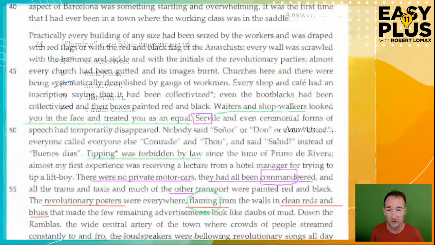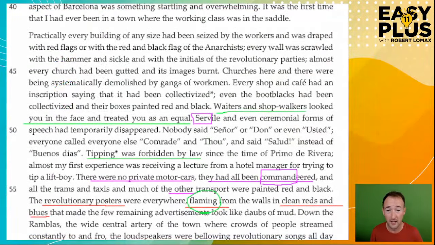And we can see that clearly here because in fact it's part of a longer phrase, flaming from the walls, and so on. Is it a metaphor or is it alliteration? Flaming from the walls, we need another F word really near it, and there isn't one. The next one I can find is few, well after it, and it's not alliterating, so it's not alliteration. So the only option left is metaphor. Is it a metaphor? Are these posters really on fire? Of course not.